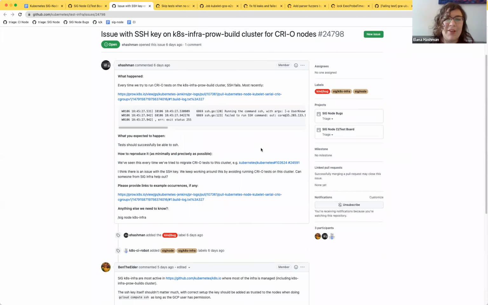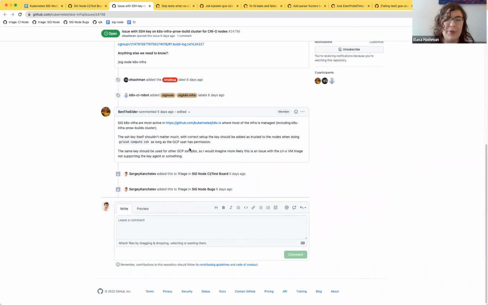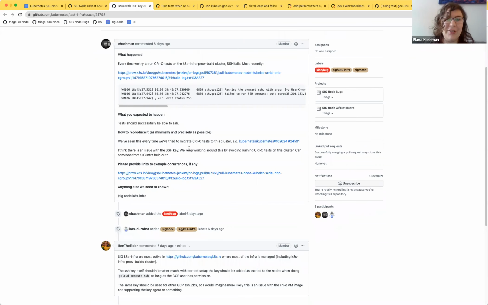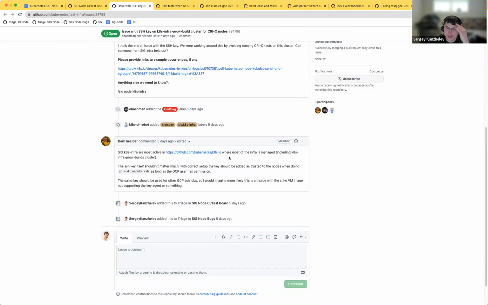I asked SIG Infra for help because I think that the key on that cluster is broken, which is preventing us from running cryo tests in that environment. Do you want to be assigned to that? I don't want to be assigned to that because I don't want to be the one to fix it, but somebody needs to fix this. Looks like Ben replied. Yeah.